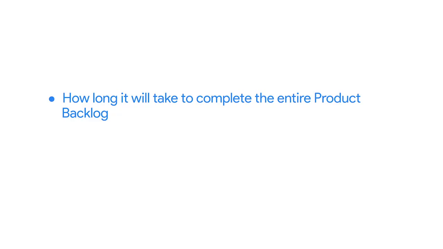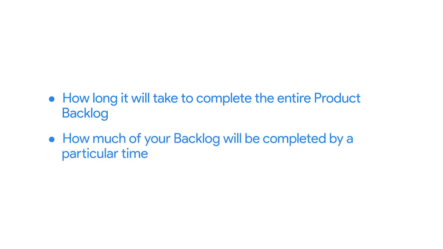Once you have a stable velocity and a refined backlog with prioritization and estimates, this unlocks an incredibly valuable superpower. You can now tell your stakeholders and sponsors 2 important things. You can tell them approximately how long it will take to complete the entire product backlog, and how much of your backlog will be completed by a particular time. This ability to confidently predict when things can get done is one of the most powerful tools in Agile and